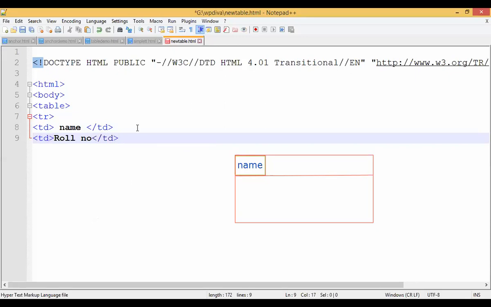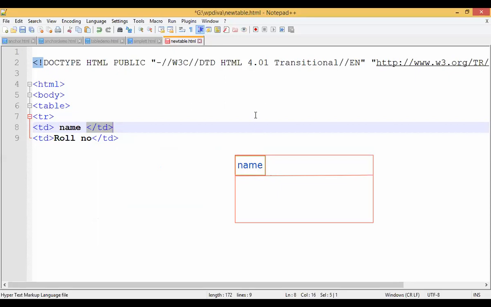If you do not close the cell, what happens, guys? If I forget to close the cell here, name and roll number will appear in the same box. So when I close one TD, it means one cell in that first row. Now, if I take a second TD, it indicates that I have taken a second column, or a second cell, in the first row, right? And there I find it appearing as roll number because I have added the data here. Where do I get this data? Into the second cell. Did you get that?